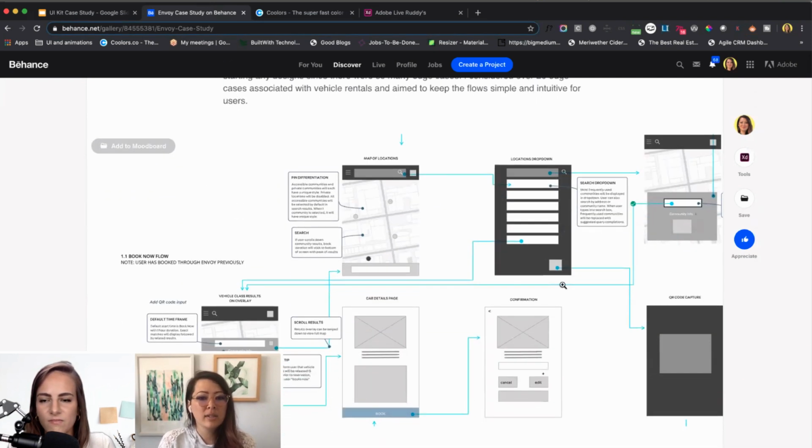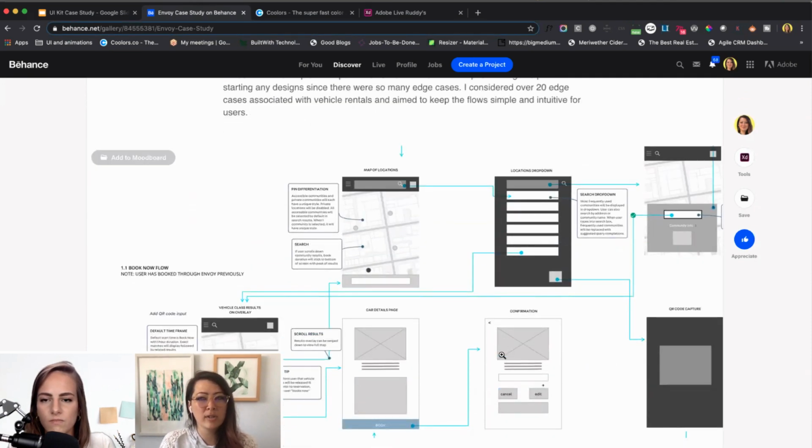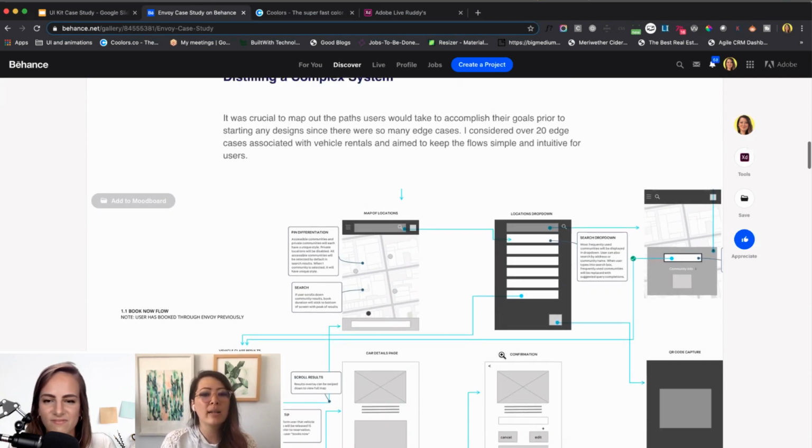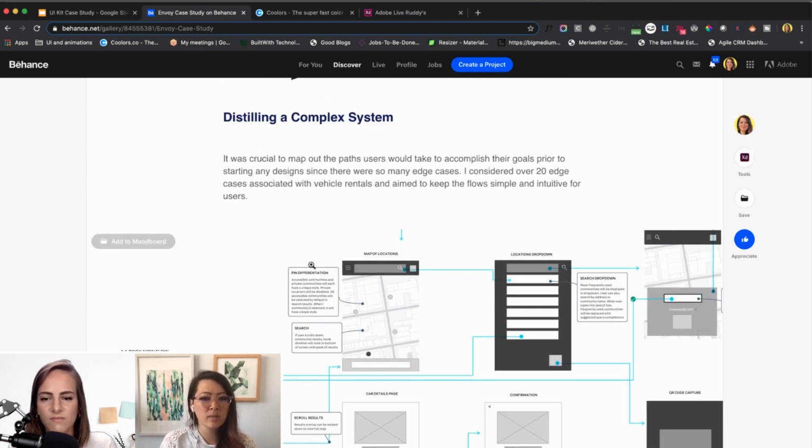Here I have some piece of my user flow, and it was very, very extensive, all the flows, because there are so many use cases with thinking about a physical car and a scooter and all the things that can happen. Like, does it break down? You lose your keys, like all the different things that can happen. So I love that I did have this, and that I showcased my flows and some of my thought process here. So that's really good.